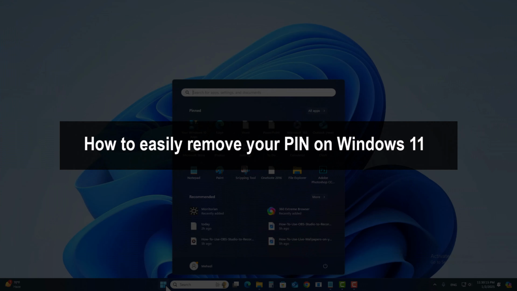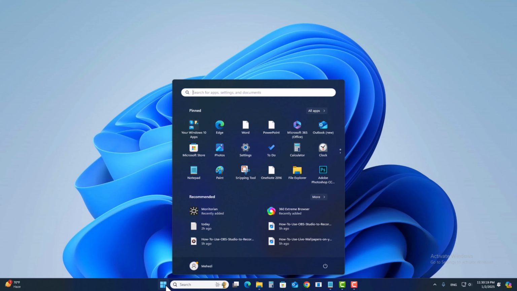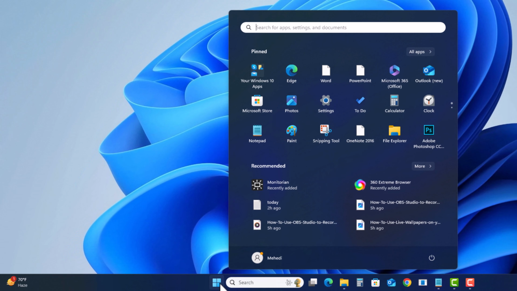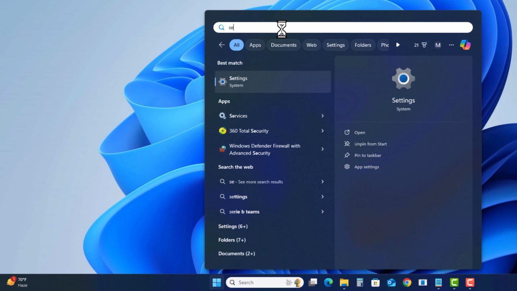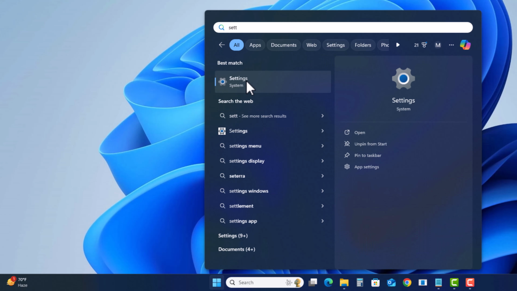Hello everyone, in this video I'm going to show you how to easily remove your PIN on Windows 11. So go to the search option, search for settings, open your settings,